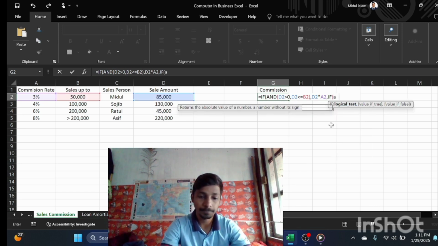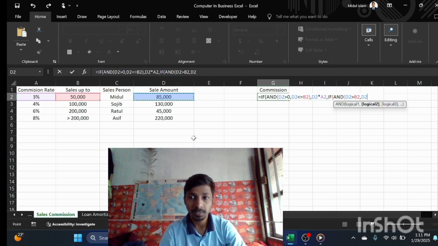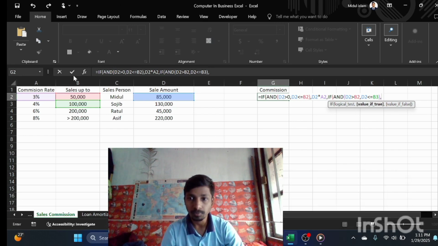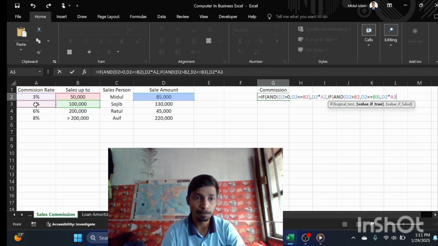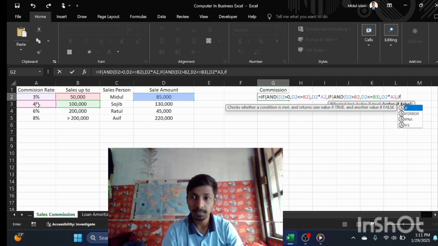And the sales amount 85,000 taka and more than sales up to 50,000 taka, and comma, and sales amount 85,000 taka, multiply, and less than or equal to sales up to 1 lakh taka, and the bracket is closed and then comma, and the sales amount 85,000 taka multiplication 4% of commission rate, and then comma then IF